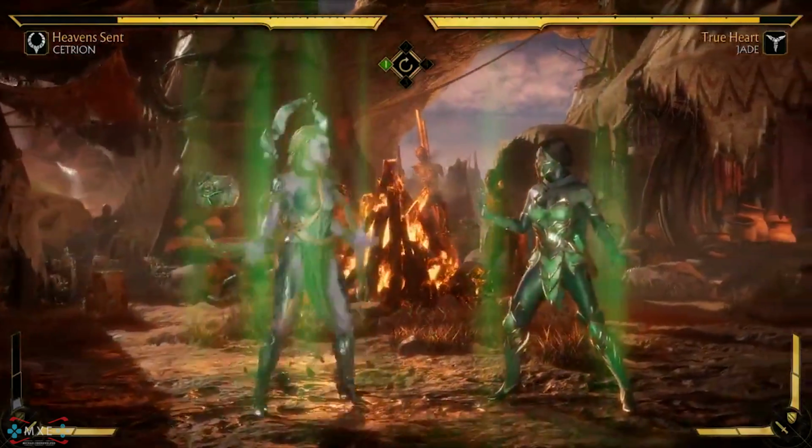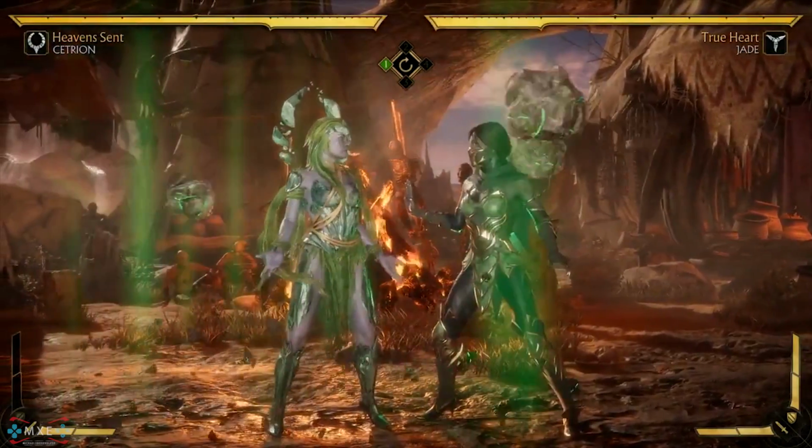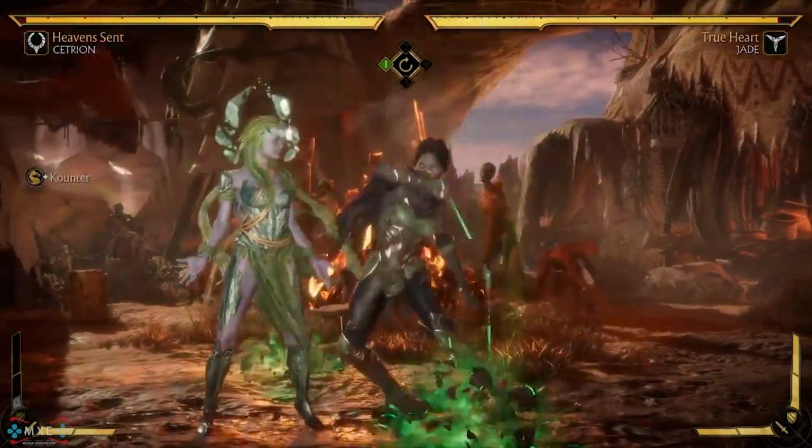So Cetrion, using both of her defensive stamina, if you look, it takes up her whole bar. She could set this up, go in for pressure, go in for a throw, or whatever, block strings, and if the opponent tries to counterpoke back, or try to do a juggle,